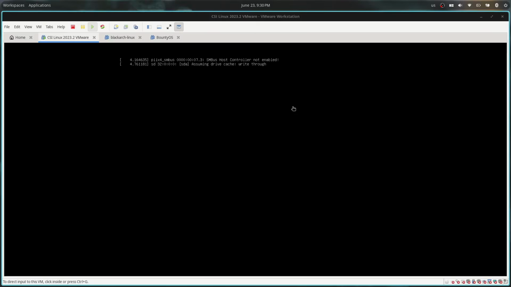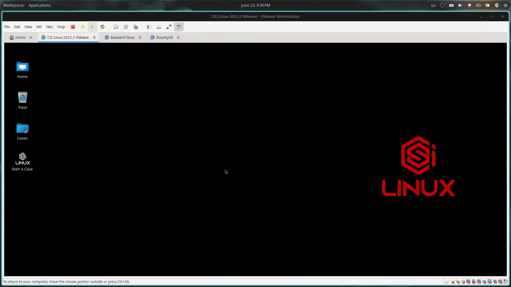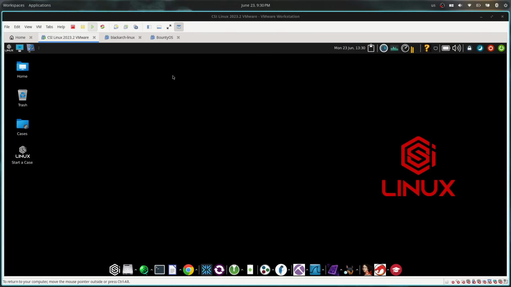Amazing, bootload, and we land on the login. Remember, the username is CSI Linux and the password is CSI Linux, and we are in,